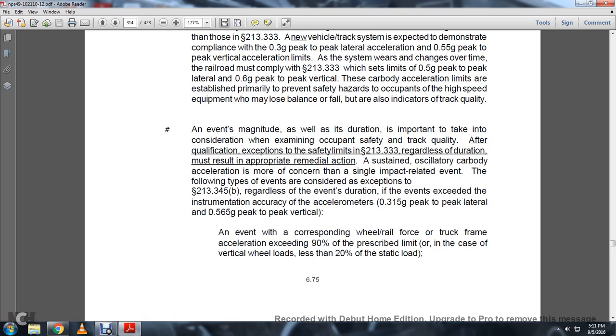An event's magnitude as well as its duration is important to take into consideration in examining occupant safety and track quality after the qualification exemption of the safety limits in statute 213.33. Further, regardless of the duration, sustained oscillatory car body acceleration may result in appropriate remedial action, more than the concern with a single impact related event. The following types of events will be considered for the exemptions as in statute